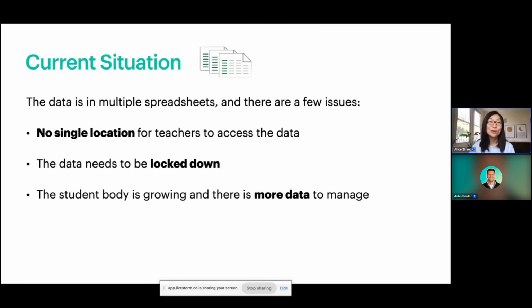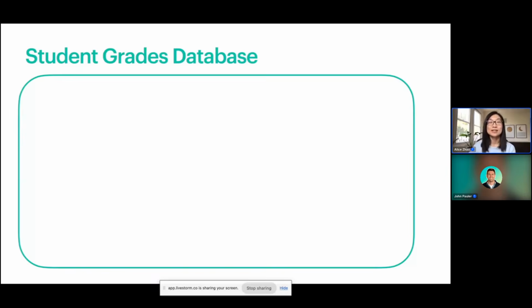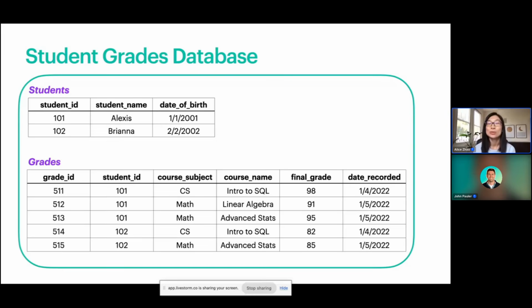So let's say you create the student grades database. And to start, you have these two tables in that database. So what I'm going to do for this section is just introduce some key terms that people talk about when they're talking about databases. So when you have the students and grades table, one thing you'll notice right away is